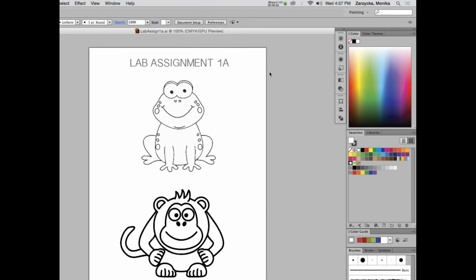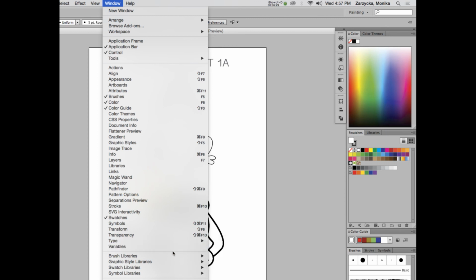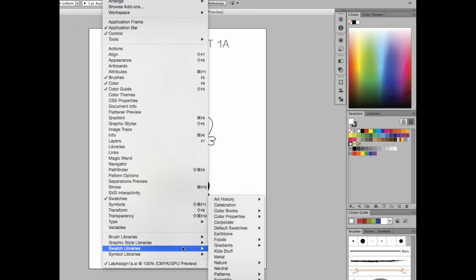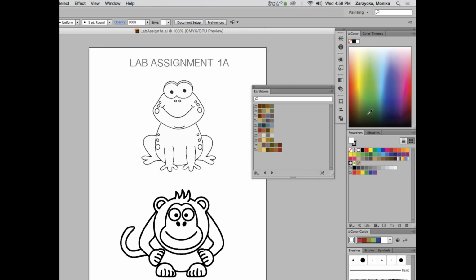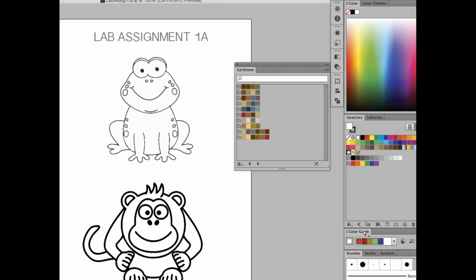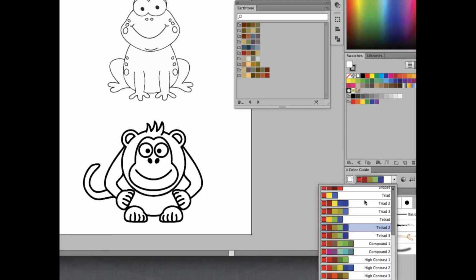Now, we will select a few. Okay, so let us select it. I will select earth tones. Okay, so I just select those earth tones, and one thing that I really like is the color guide. Now notice the color right now. This is the color harmony. If you don't know which color looks good with another color, and even if you intuitively know which one goes,